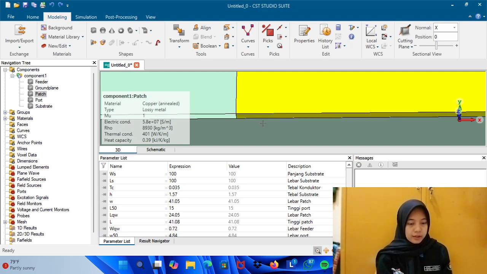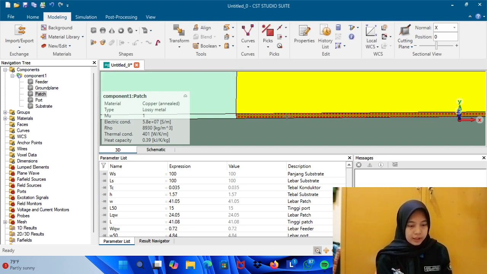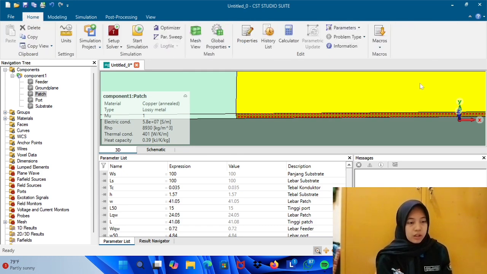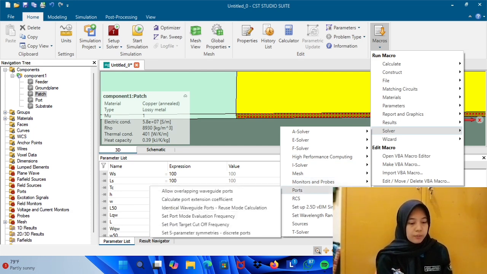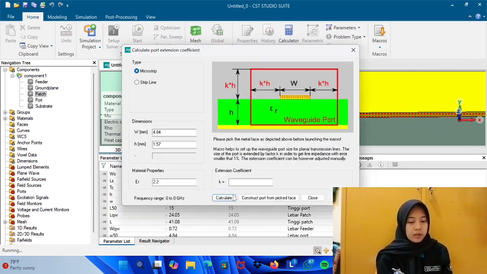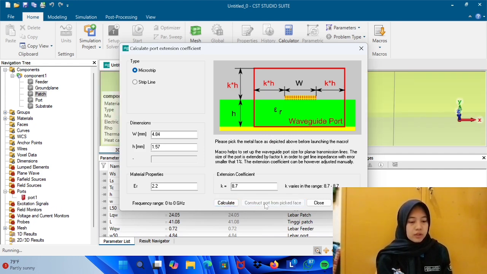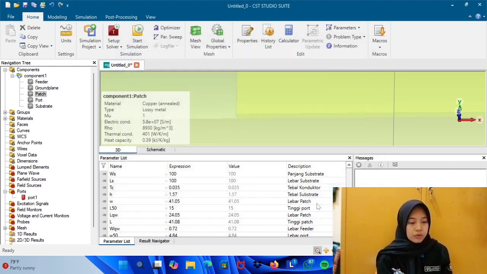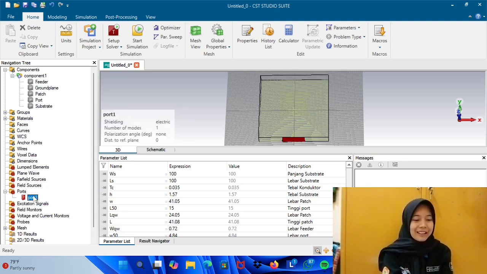Use zoom again. Yes, this is pick face, double click. You click home, macros, solver, for calculate, extension, calculate, close. You click for. Yes, alright. This is okay, guys.